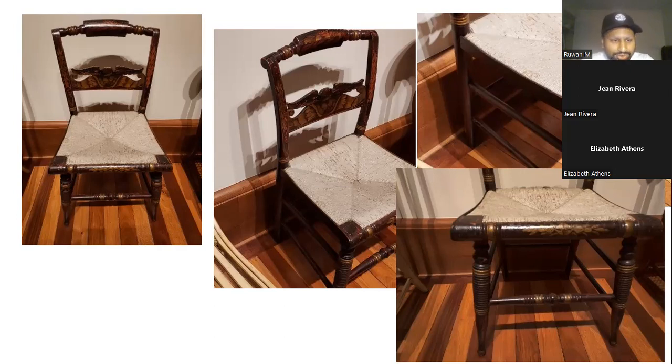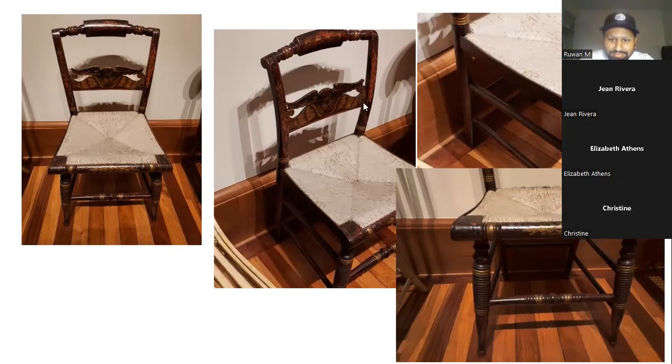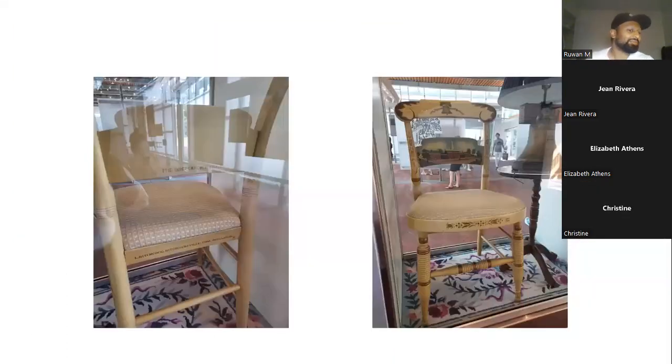It's a similar thing with this. To be honest, they have some really good Hitchcock knockoffs in the storage room, in the furniture study, which are better. Christine, what is Christine doing? Yeah, and then I should move on, but another funny thing is that I was in the Constitution Center a